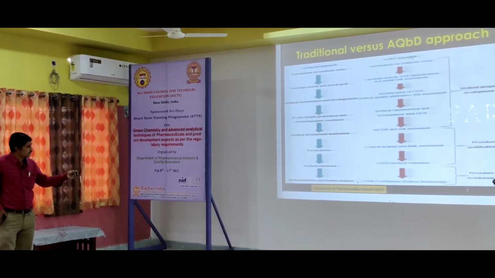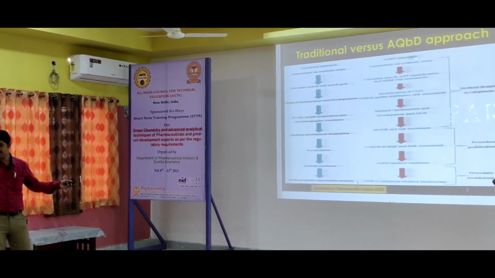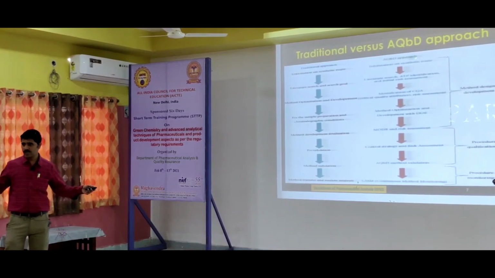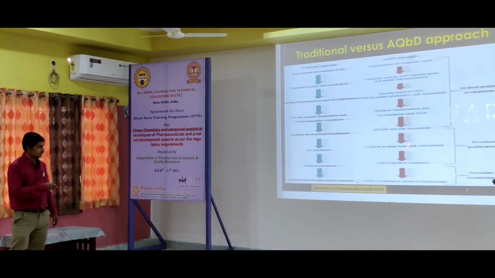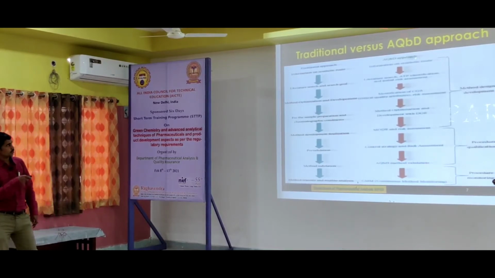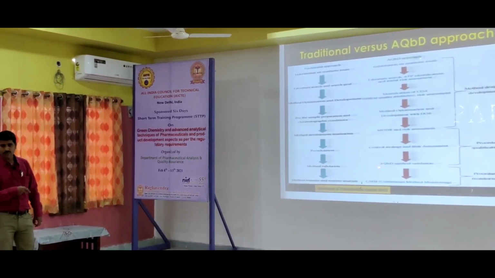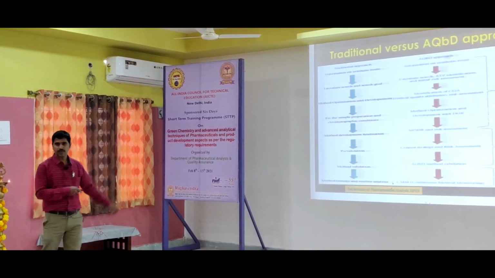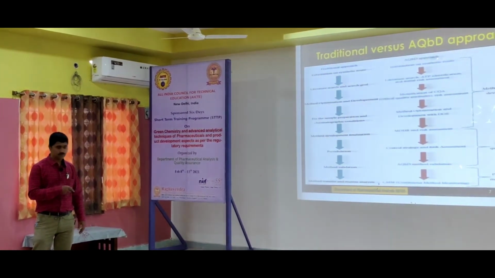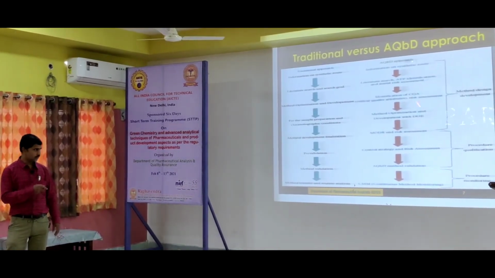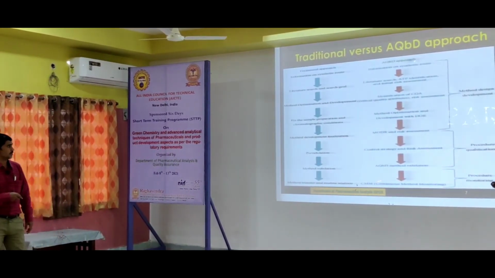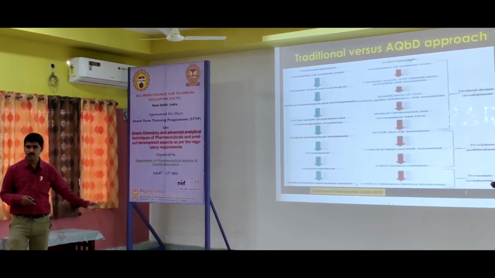Then pre-validation, method validation, then we go for the method transfer. Suppose we are developing a method in R&D, then we will transfer that to QC for routine analysis. But here control strategy and risk assessment will be applied, then AQbD method validation. These steps will be easy; method validation will be very simple if you are approaching AQbD. Whereas if you are applying the normal traditional method, validation will take much time, and the validation document is very important. If you approach AQbD, they will not keenly observe the validation data. Then CMM, continuous method monitoring or continuous improvement, we will be checking.